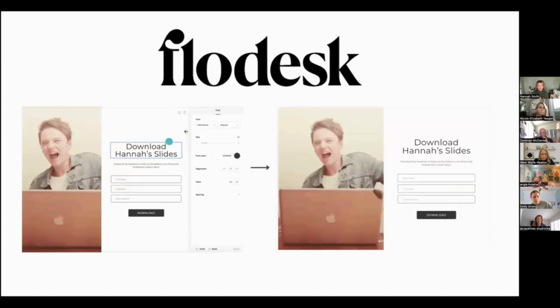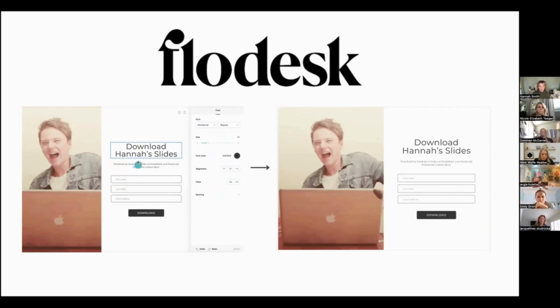And then from there, you have this form that you've created. I just put a GIF. I didn't even want to put my own picture in this because I was just making it for whatever. And look how easy it is. It breaks down: what kind of font do you want? How big do you want it? Just like Canva.